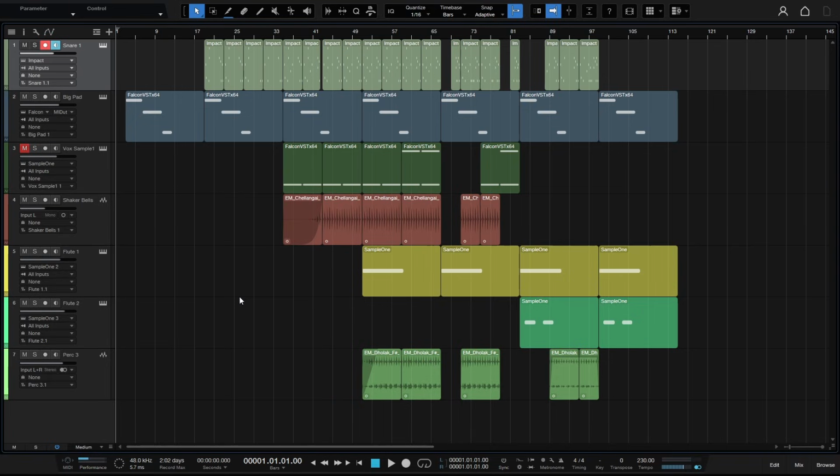Now the final and one of the most important things that we'll finish up with is how we can go about exporting our song when we've finished it. So here I have a finished song I'd like to export to a WAV file or an MP3 to share with others. So the very first step that you'll want to do is set your loop region to cover the area of your song. So here we have a tiny little triangle that you can barely see, but if I come and click, hold, and drag from there,